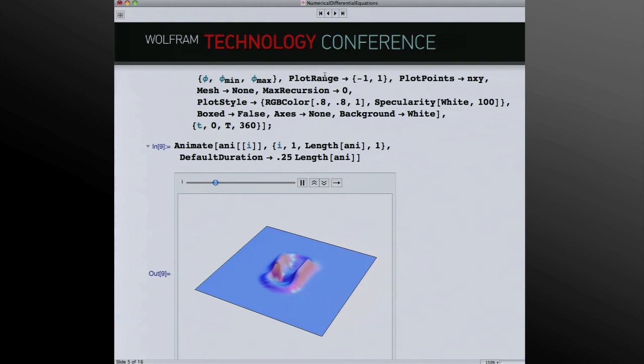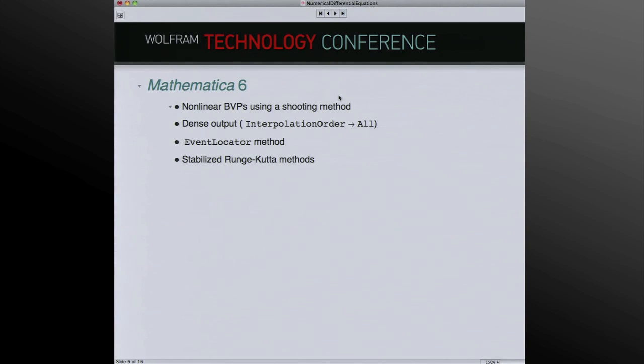We start with a wave, and it propagates over various seamounts, and you see the tsunami. So it's a very simple tsunami model, but being able to type it in just a few lines like that is pretty good for a prototype model. So that's what we're able to solve, much bigger problems, with the improvements we made in version 5. Okay, in Mathematica